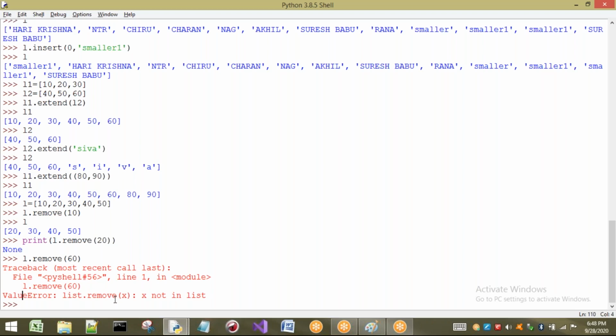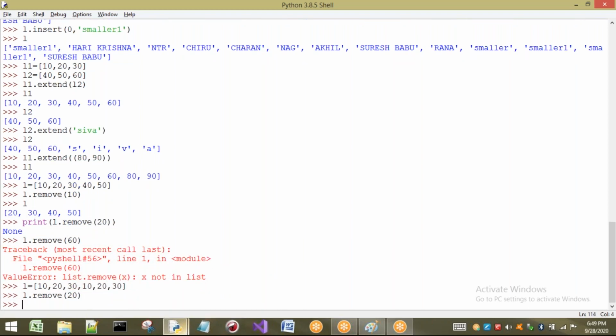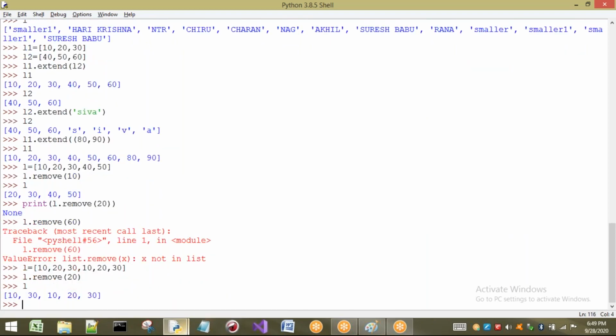Next case: I will take duplicate values, 10, 20, 30, and once again 10, 20, 30. Now I want to remove the element 20, for example. If I remove 20, generally you think 10, 30, 10, 30 has to be present in the list. But what we are going to have here is 10, 30, 10, 20, 30.